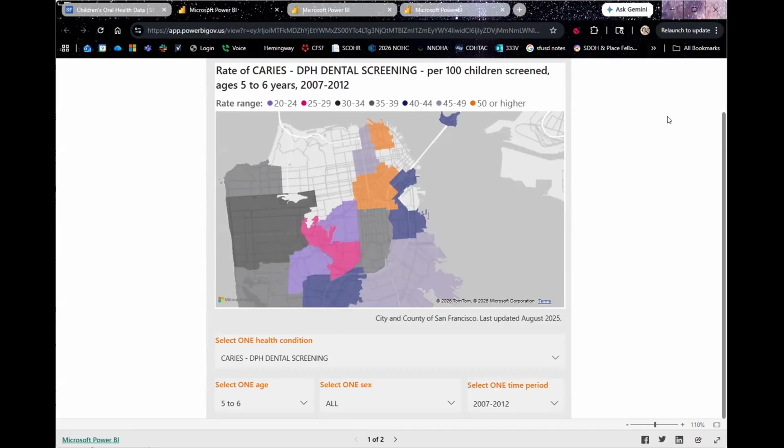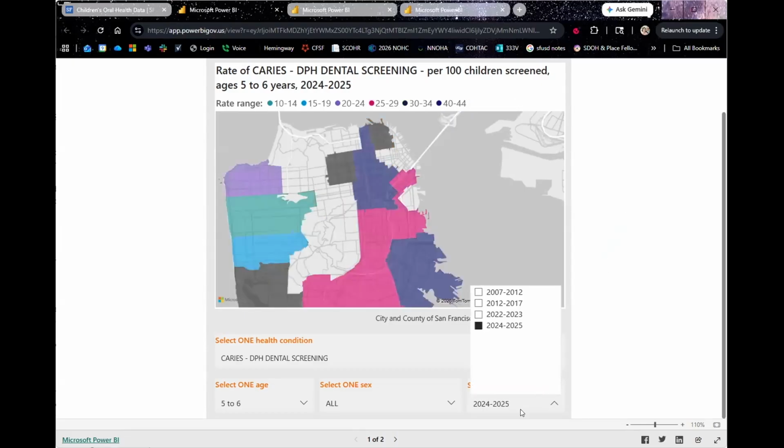And this representation is what really kicked off our local efforts and the need for strategic plans, showing our local board of supervisors, saying hello, every other kindergartner in some of these neighborhoods has caries. We got to do something.